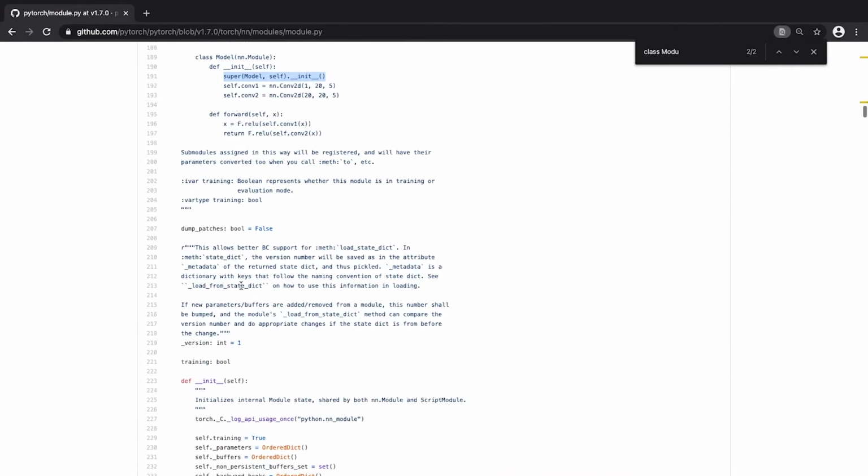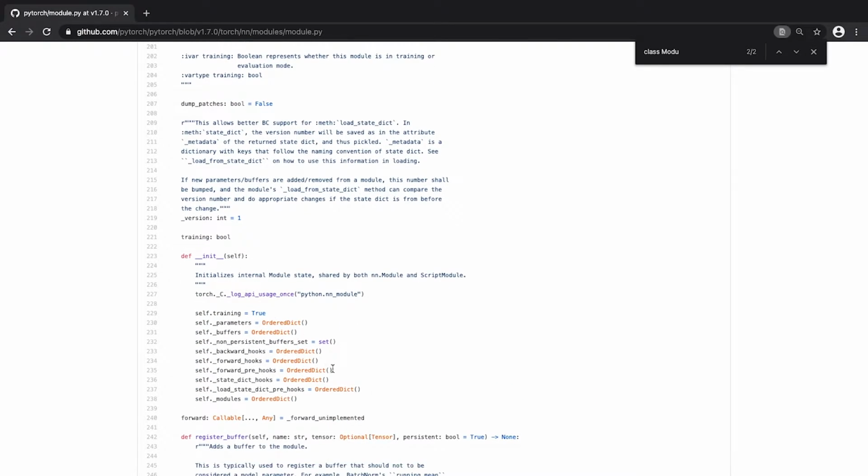I actually have the constructor right here. And as you can see, there's a lot of initialization going on. And the attribute that we're interested in, not surprisingly, is called _forward_hooks. And this is where PyTorch stores all of our forward hooks, okay?